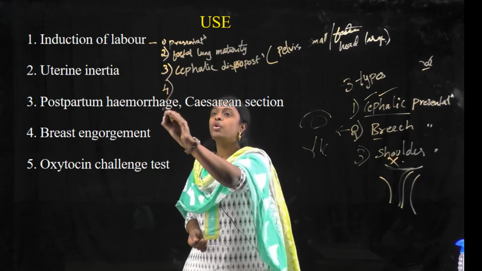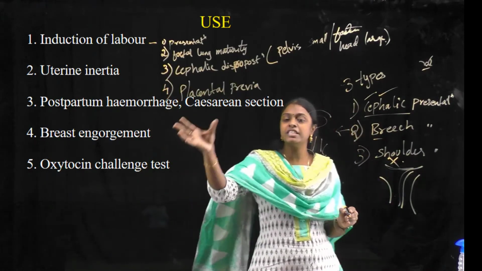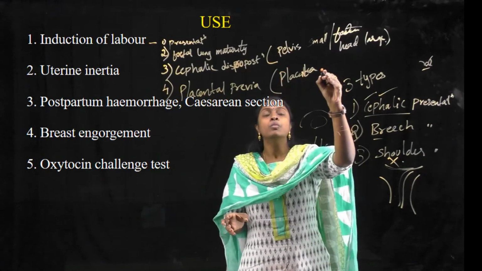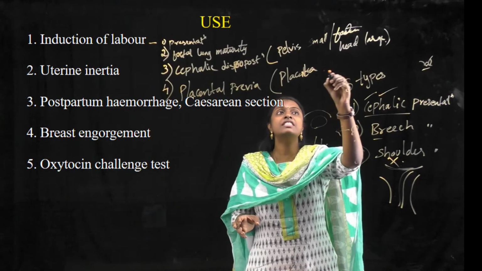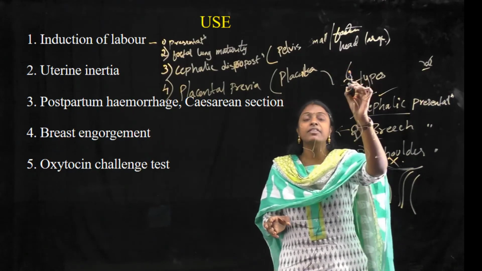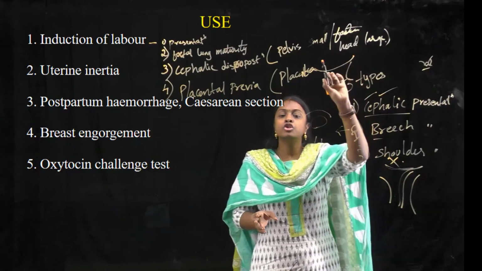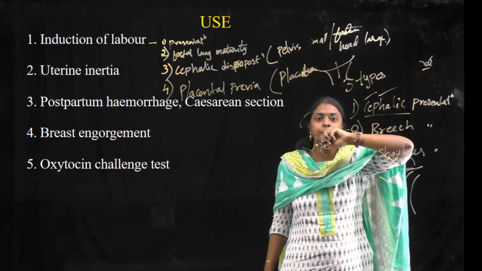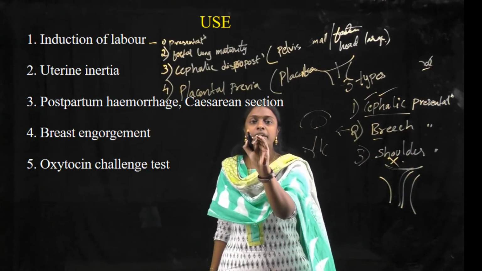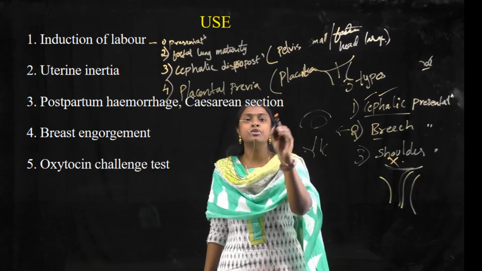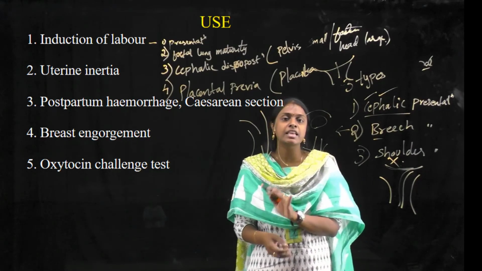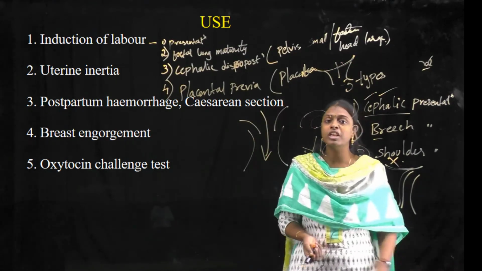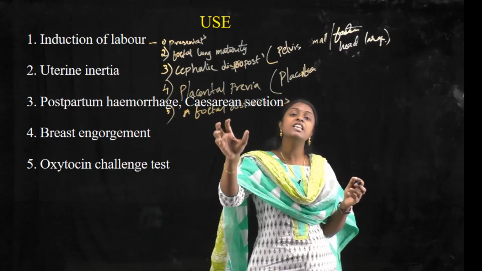When it comes to the fourth one, there should not be any placenta previa. What is this placenta previa? In placenta previa, the placenta will cover the opening of the cervix. So if this is the cervix, the placenta will be like this. In this type of condition, the baby can't come out from this area. Actually, the placenta should be like this, so the baby can come outside easily, but in this condition, it will obstruct the fetal head from coming out of the cervix.